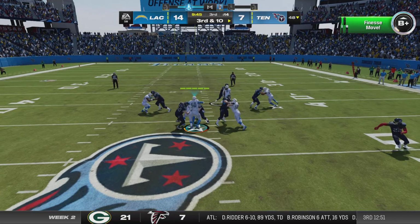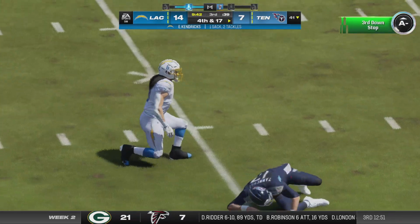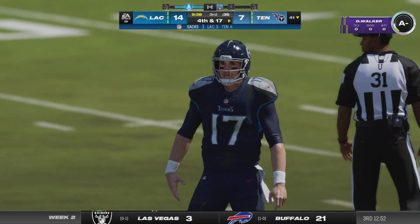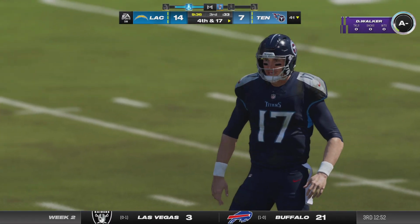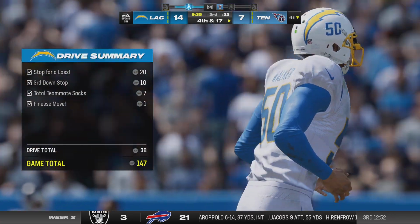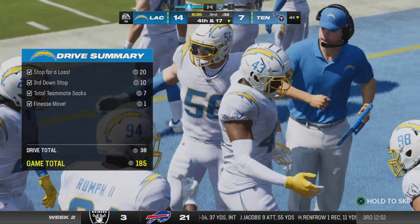Throwing on 3rd down, Tannehill. And the Chargers rush is going to get there. Down he goes. Say hello to Eric Kendricks. He gets the sack there. Even keeping the back in for extra protection on 3rd down, they still couldn't prevent the sack. Now it's 4th and long thanks to a...